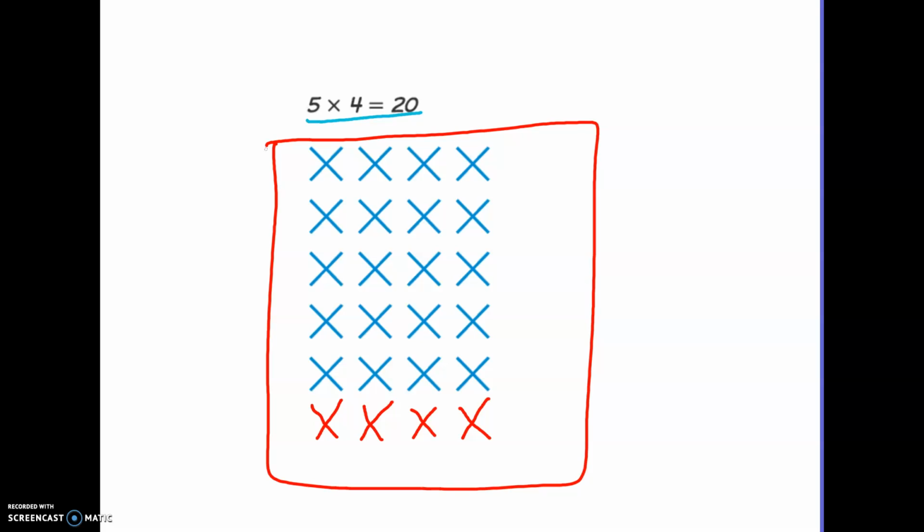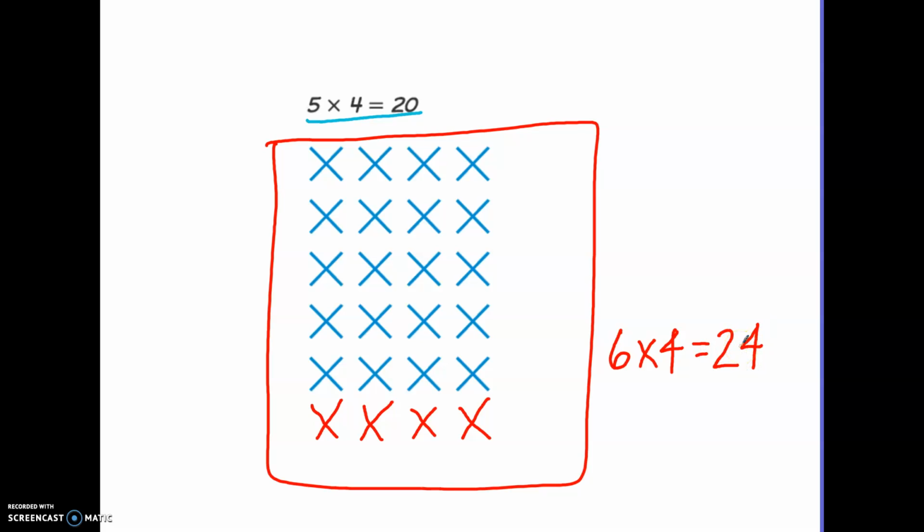Well, it now has 6 rows of 4. It has 1 more row of 4 chairs. What is a multiplication number model for this new array? It's going to be 6 times 4 equals